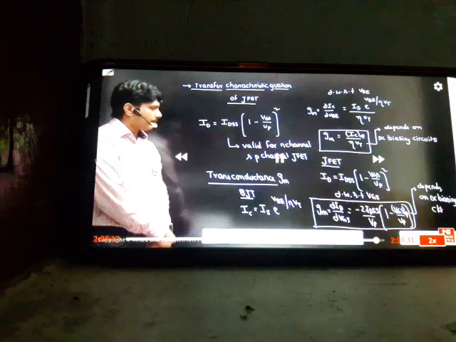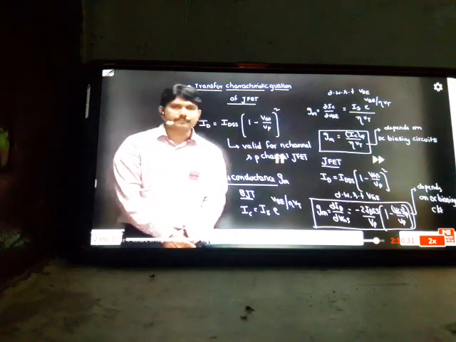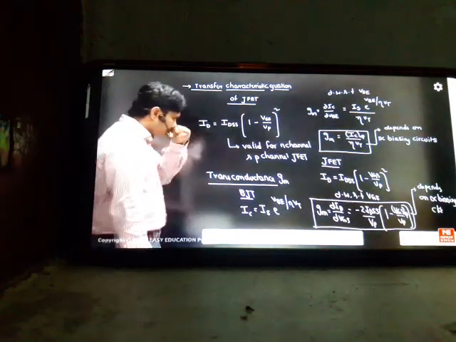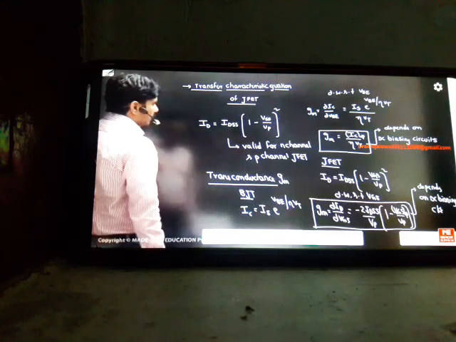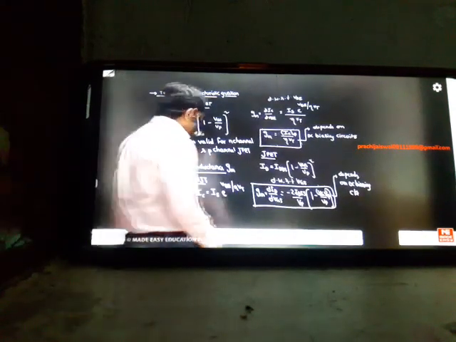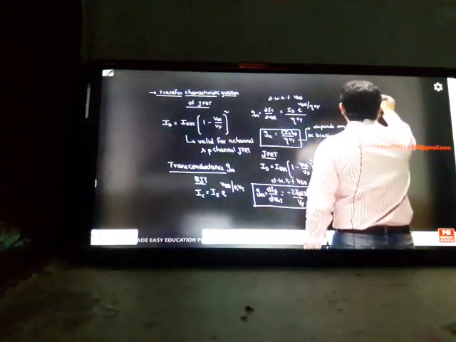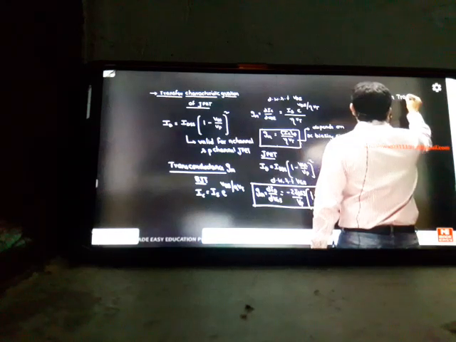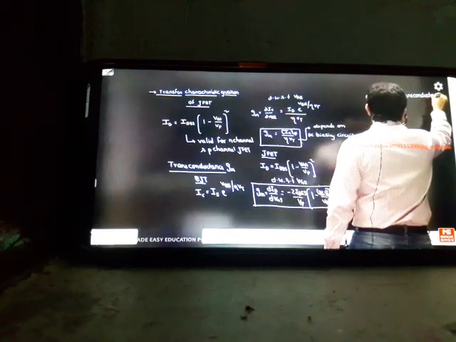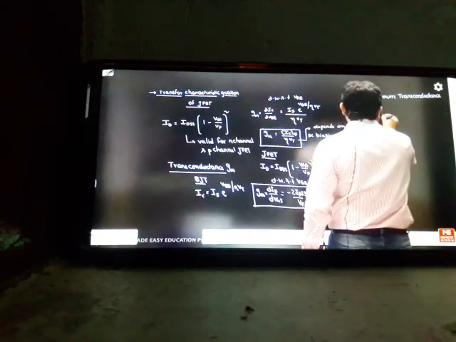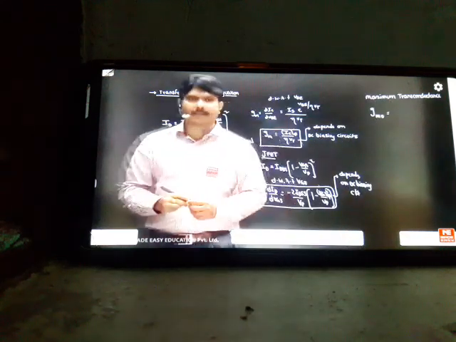Minus 2 IDSS divided by VP into 1 minus VGS divided by VP. So this completes the story of GM. Suppose anybody asks you for the maximum transconductance in a JFET, there's a concept here. The maximum transconductance is indicated by the letter GMO. If anybody asks you what the maximum transconductance in a JFET is,